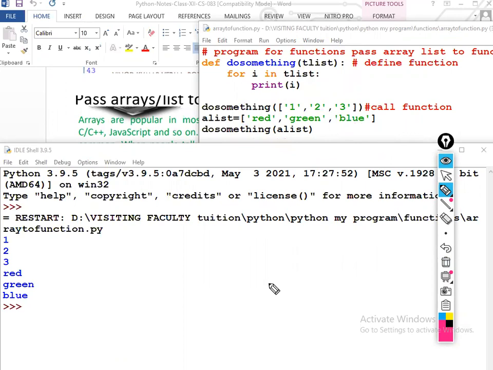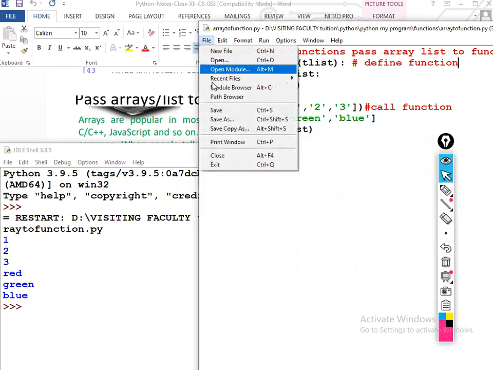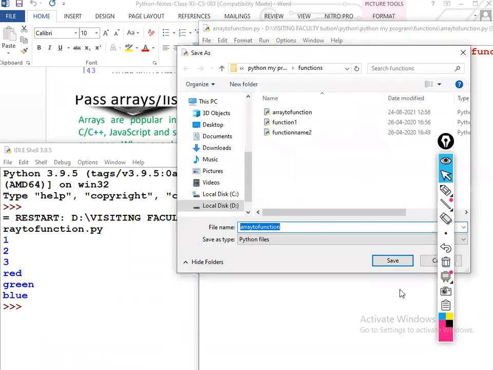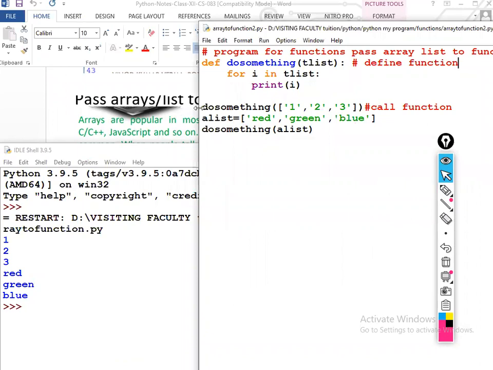Now the same program we can use with some changes. I'm calling one time and changing it. Now what I change is that I'll print it directly.